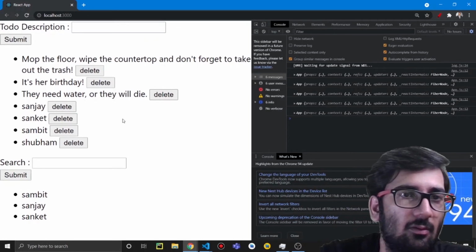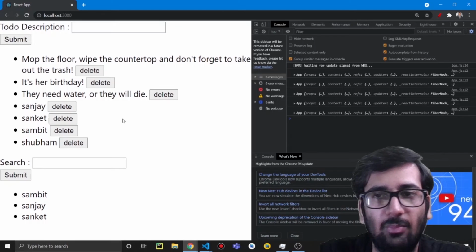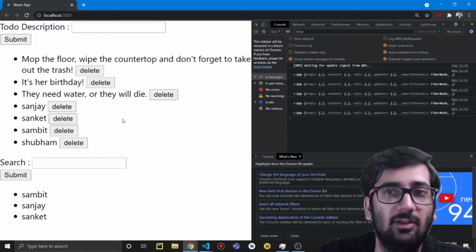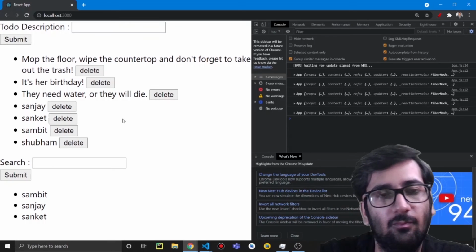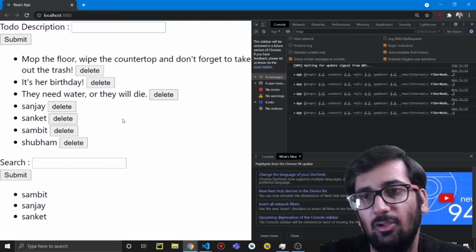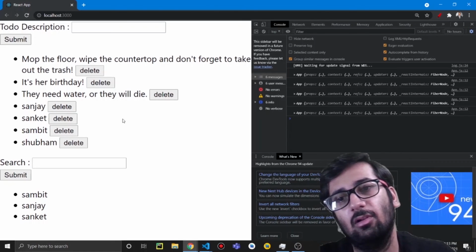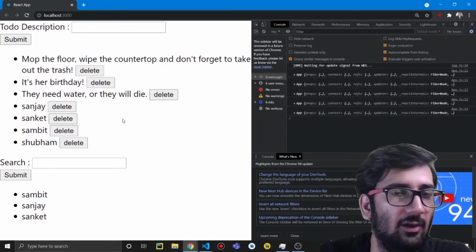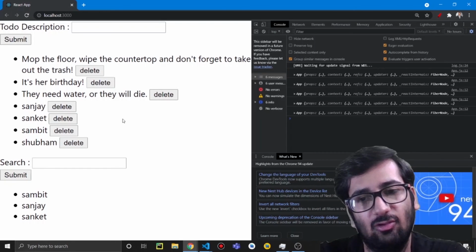So that's how you implement a simple todo app using React, Redux, and some pinch of DSA. Let me tell you one fun fact as well. This suggestion feature which we implemented using a trie is asked in Google interviews as well. Okay, so we have now learned about Redux and implemented the trie data structure as well.